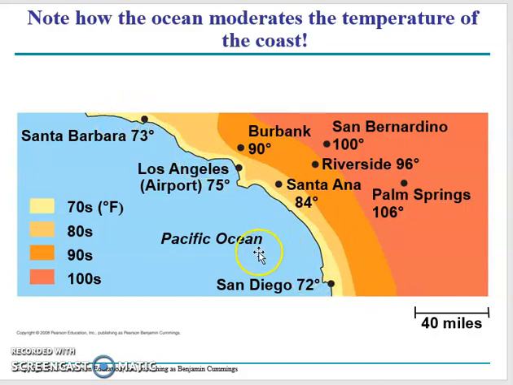But if you go, I don't know, 50, 80 miles inland, right? The temperature creeps up really, really quick. And you can see here, Palm Springs, California is 106 degrees, right? It's like a 40-degree difference, or 30-degree difference anyway, between the coast and the inland, right? So that's kind of showing you how well water can regulate temperature. And at night, the interior of California might actually drop down below 72, but the ocean will keep the coast relatively warm.